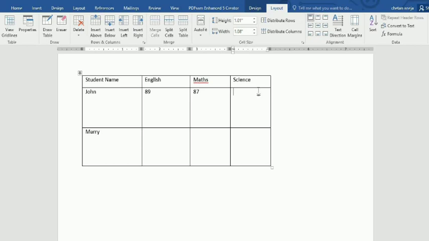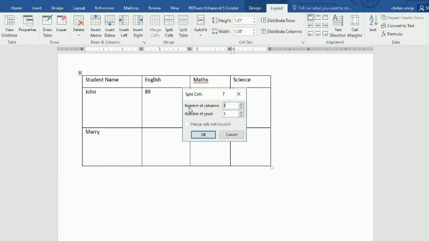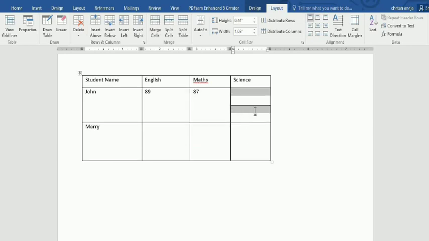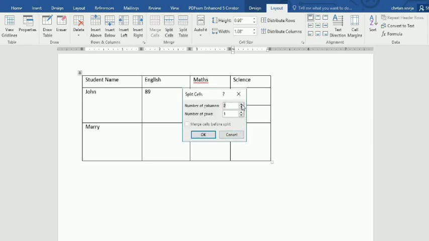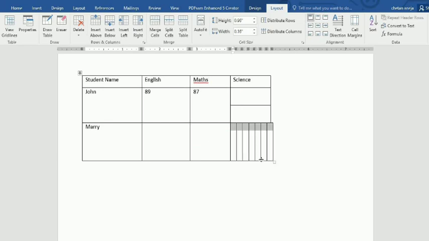Okay, and if I choose the split row option, column would be 1, row would be 2. Okay, so now my cell is divided into 2 rows. So in this way I can divide my cell into different numbers of rows and columns. I can also divide this cell into 3 columns, 4 columns, 5. It's up to you in how many columns you want to divide it, or in how many rows you want to divide this.